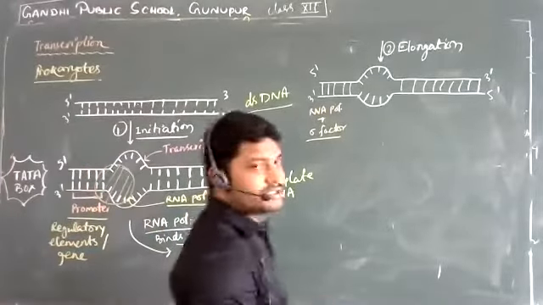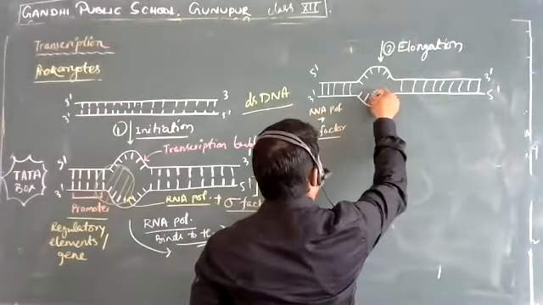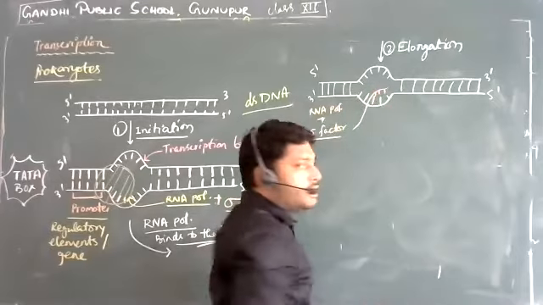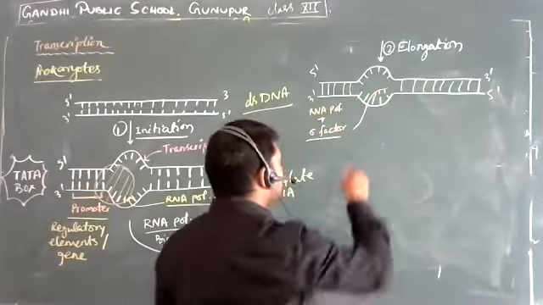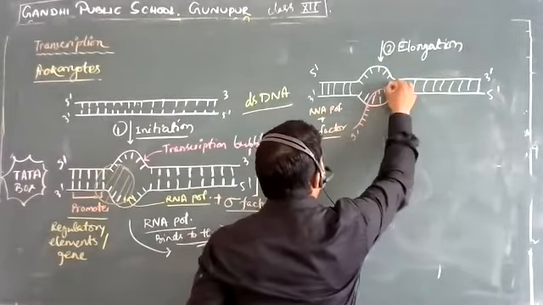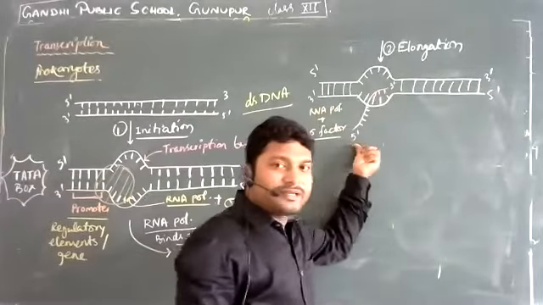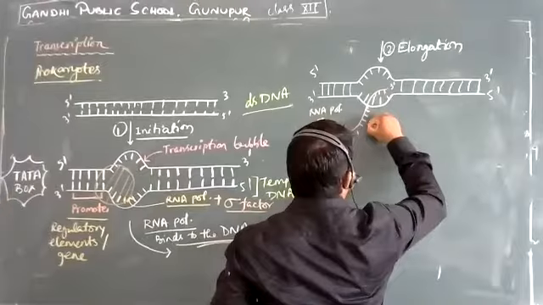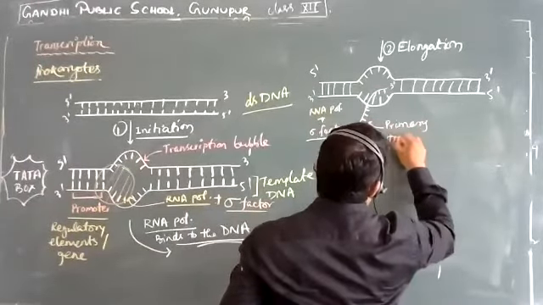Because of this, we are going to get the new strand of RNA, and this again will not be bound completely. Instead, it is temporarily bound. Here you will have the 5 prime end, and this is going to be our 3 prime terminal. One end is going to be 5 prime, the free terminal of the primary transcript. So this one is going to be our primary transcript.